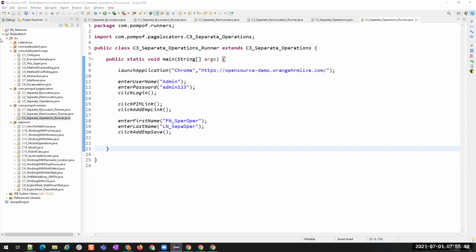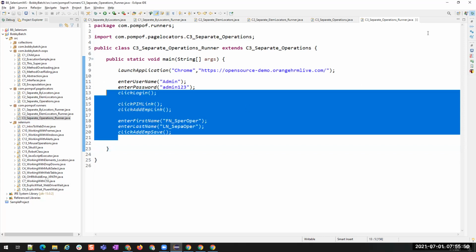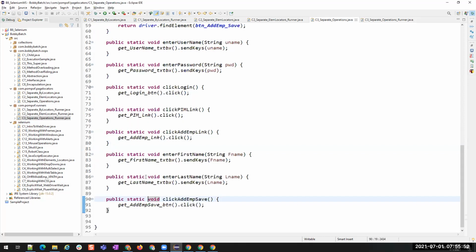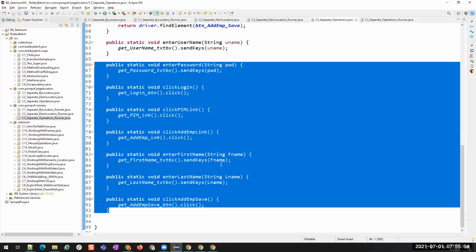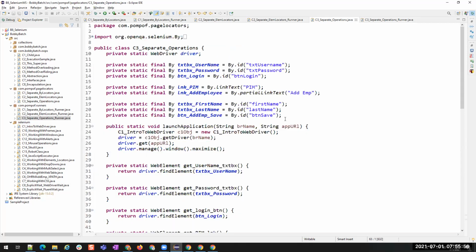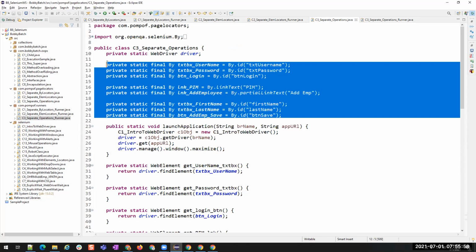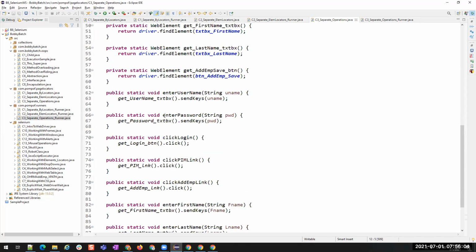All right. Now we have this. Now let us move to the next level. That is, like I said, now all these methods are written inside a single class. Now that we have only 8 elements, so we have 16 methods. So it was a little easy for us to identify, it was a little easy to maintain these methods.